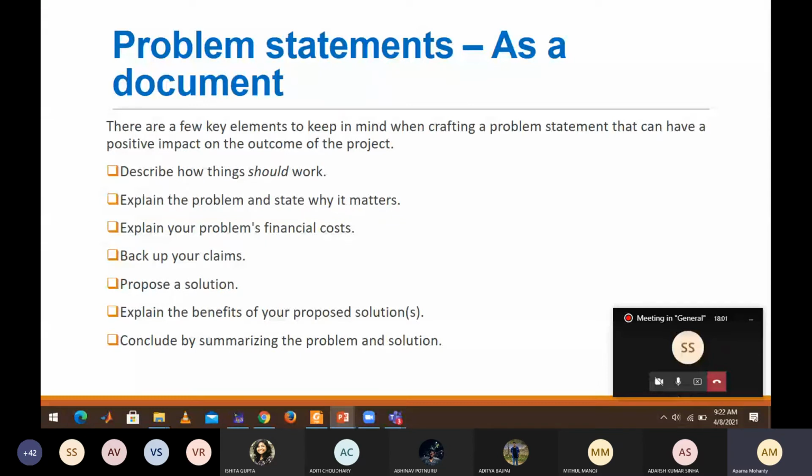Everything should be comprised whenever you define a problem statement and document it, starting from the initial motivation to the final conclusion. Solutions, claims, every detail should be there in your problem statement. Whenever you document, it's not just the one sentence of the problem statement, but you have to document everything, like the report you will be providing for your J component. It should have all the details, starting from the inception to the final conclusion.